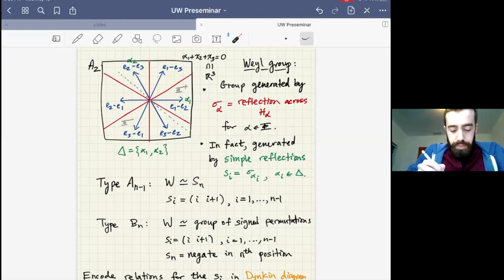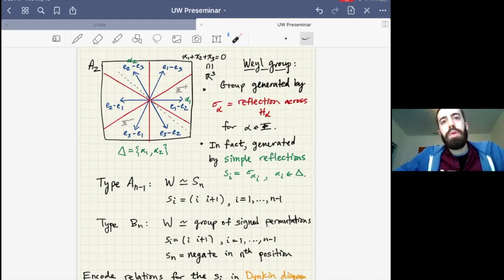So here I've got these two simple roots, alpha 1 and alpha 2, and the only other remaining positive root is alpha 1 plus alpha 2. Okay, so these alphas, as I just said, are a basis for the space. So we have dimension many, and the subscript on my root systems will always indicate the dimension of the space